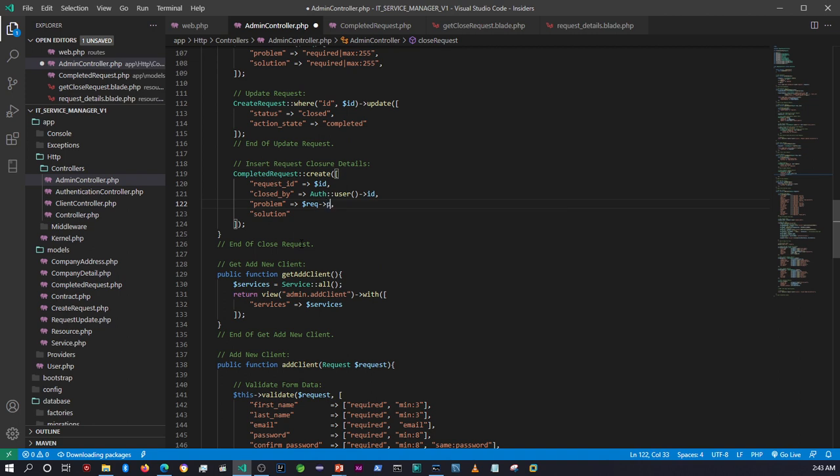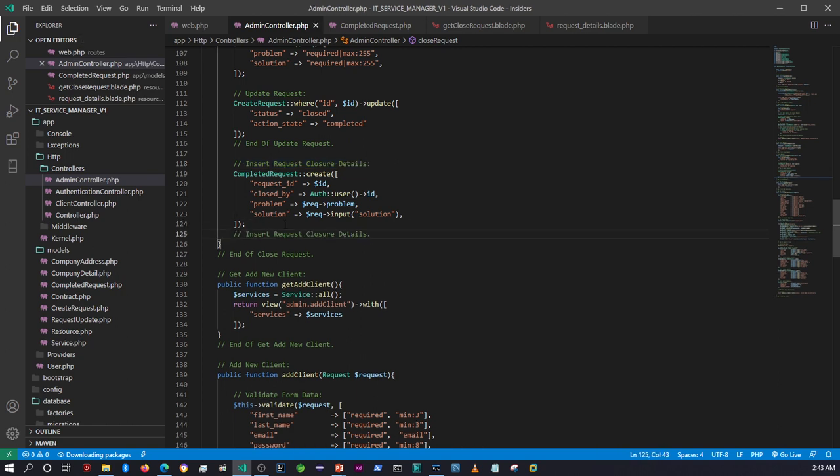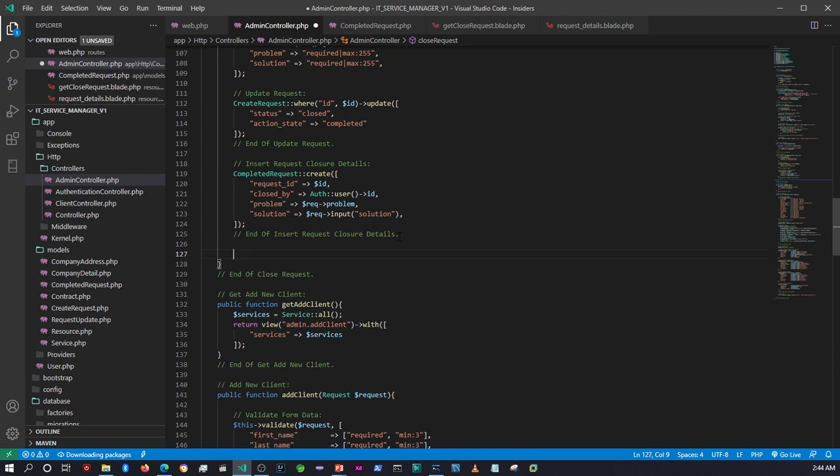In fact, I think we can also access it this way, if I remember correctly. Can be whichever way. Request. We can also do so. It can be either way, either one of these two ways. So you can either access it as an object or just use the input method over there to say solution. In fact, let's just keep it like that just to see if they both work. Okay, then